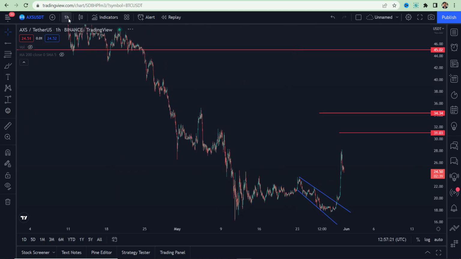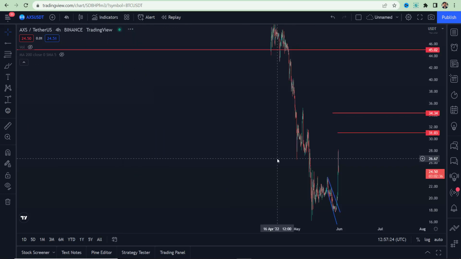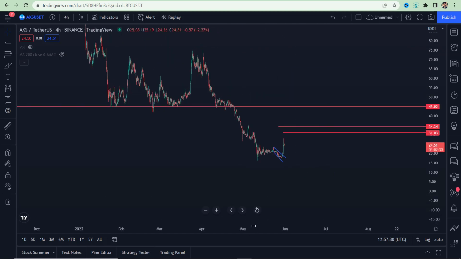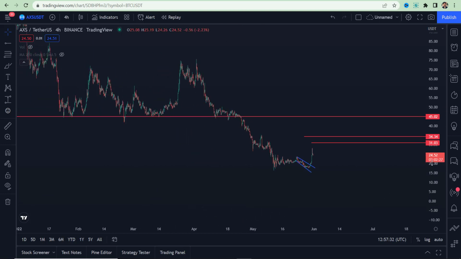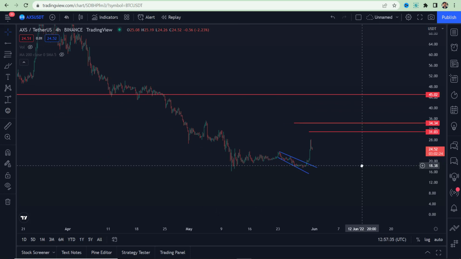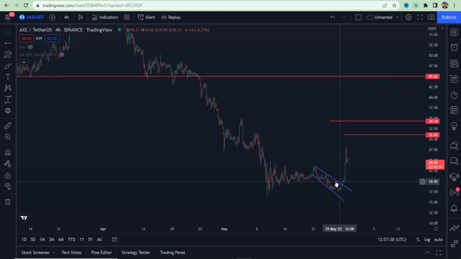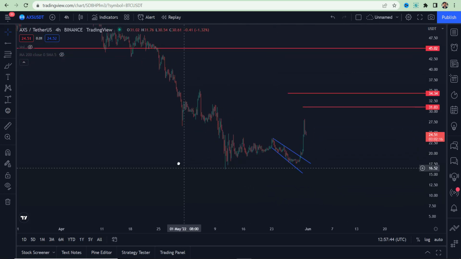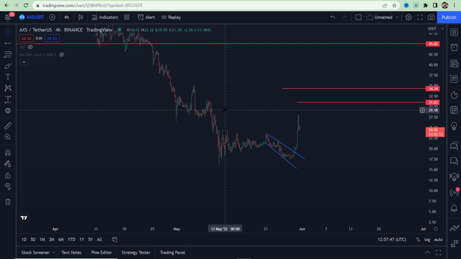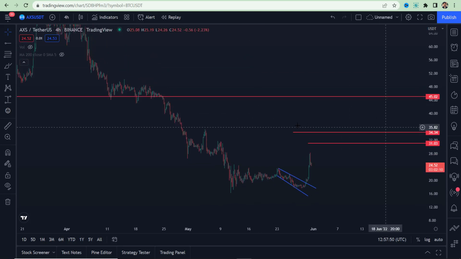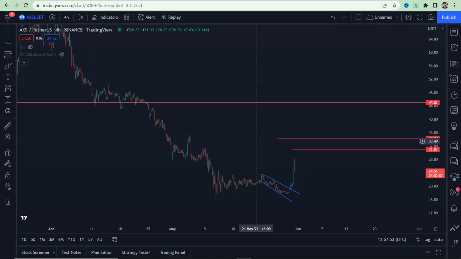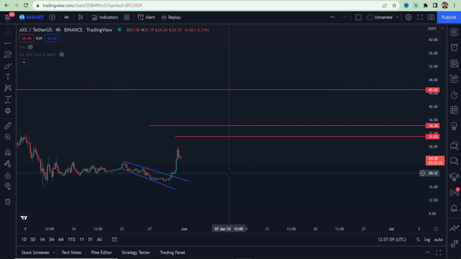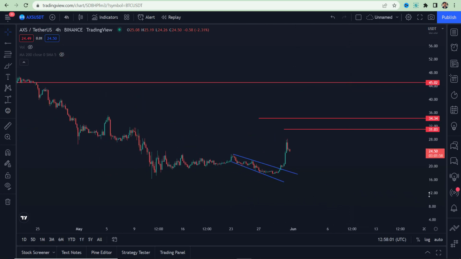Let me see if I can see any bigger wedge or bigger structure. When you are doing little scalping trades, you need to watch these structures. However, for the bigger structures, you must have patience to do a swing trade. I don't find any more wedges on Axie. If it creates something, I will create a video and let you know. For now, I think Axie has already taken off.